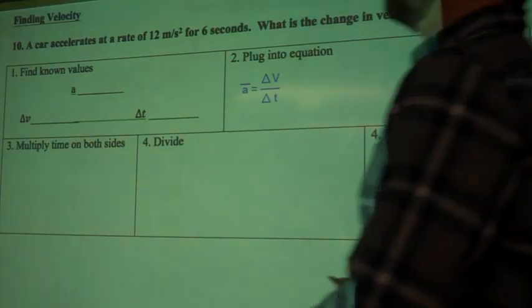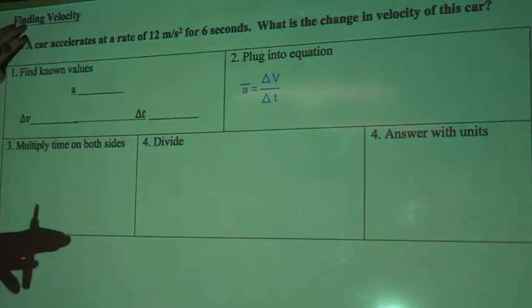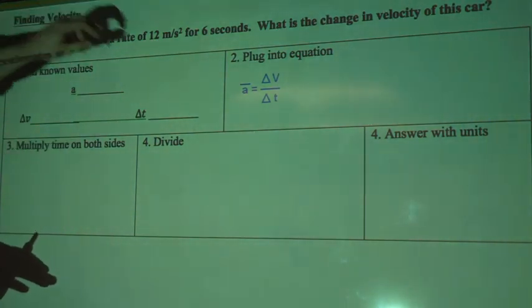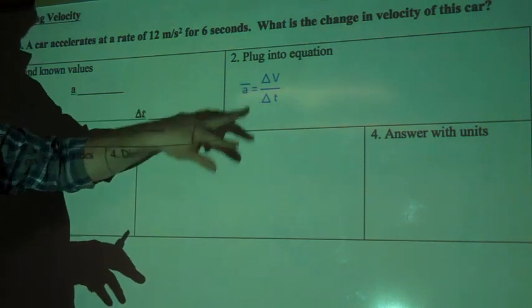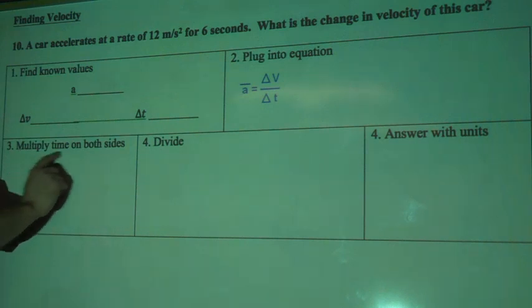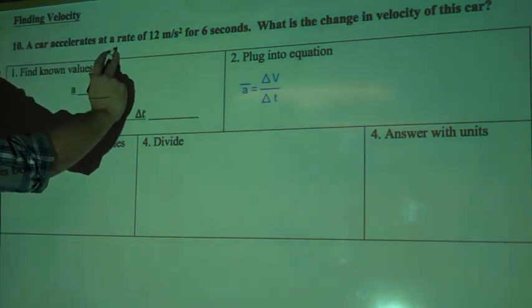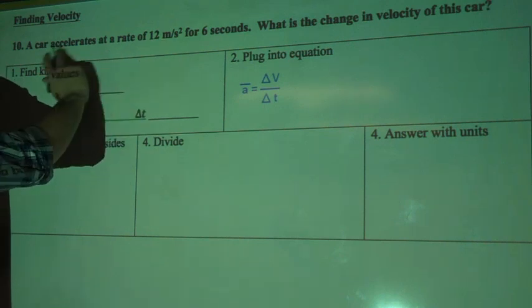So number 10, finding velocity. These questions get a little bit more complicated, but it's the same thing. We're just, instead of finding average acceleration, it's set up differently. So we have to mess with the equation, do some dividing, and multiply time on both sides. All right, so a car accelerates at a rate of 12